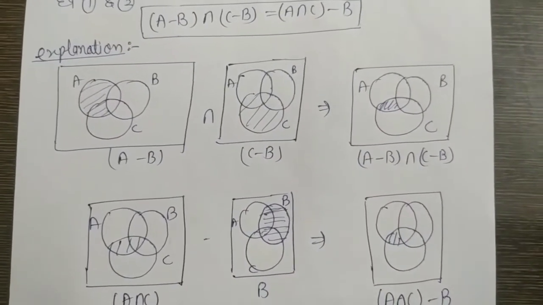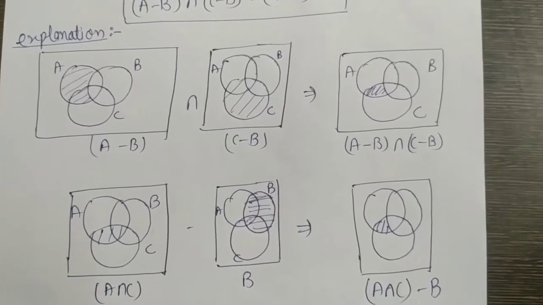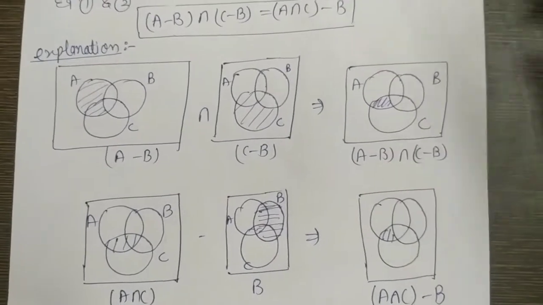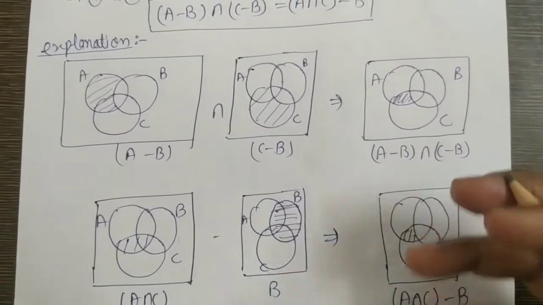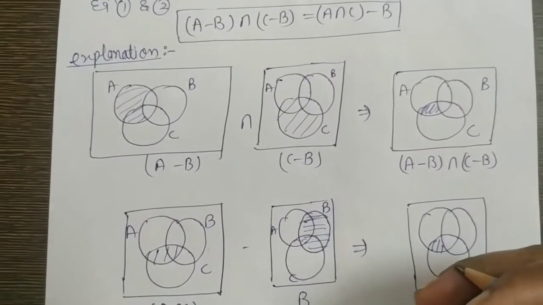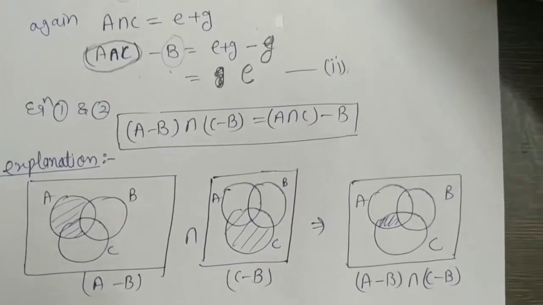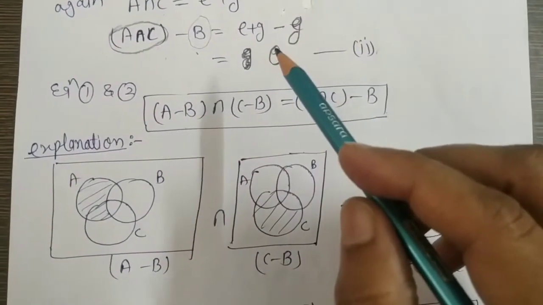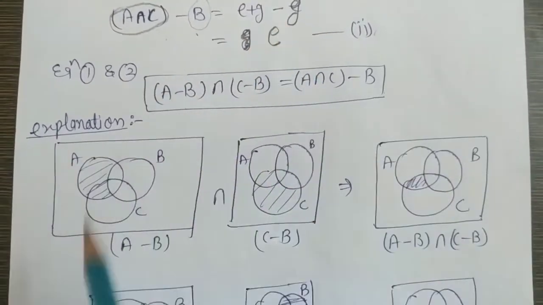Now try to understand the concept behind it. How we have done using the Venn diagram is that we take only one part each: A part, B part, C part, D part, E part. These letters are not showing the number of elements, they are showing the parts of the Venn diagram. Just remember this.